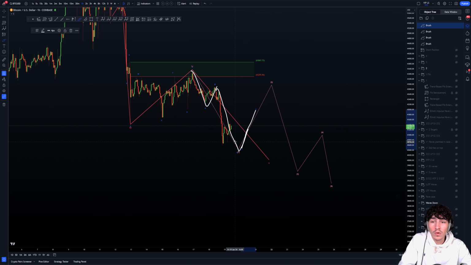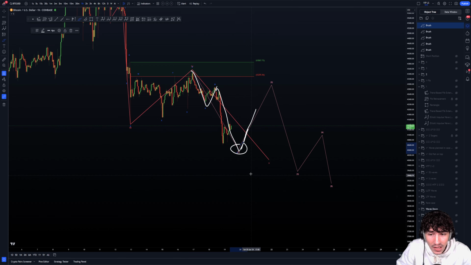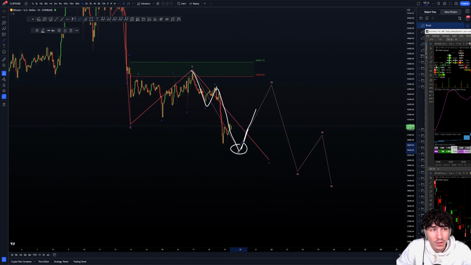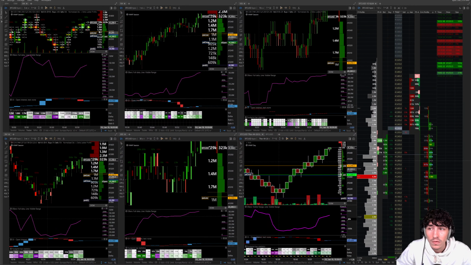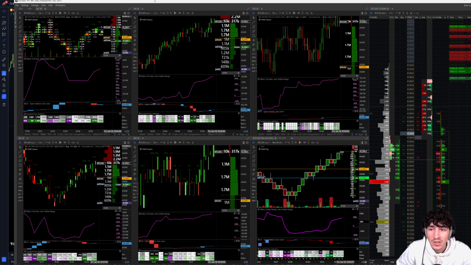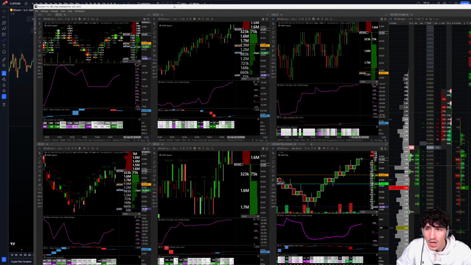The small wave of a wave 1, 2, and 3 or an ABC are exactly the same. ABC zigzag, of course, we have 5 waves, correction, 5 waves. So we don't know. That's why this will be a long trade in any case. And how you can recognize if you have to take the trade or not is simply by reading the order flow. By reading this, you are able to make informed trading decisions.